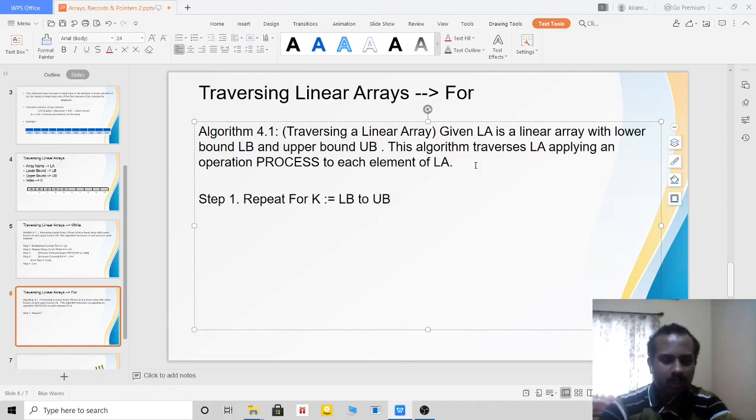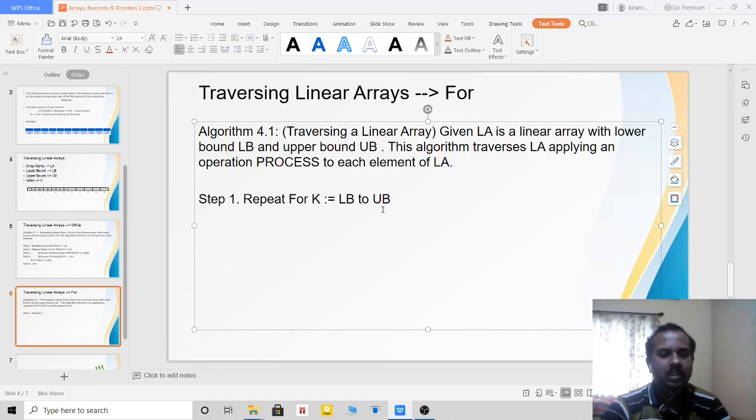So what am I doing here? I am assigning the value here only, that is initializing, and I am mentioning the range also. It should be from LB to UB, that means the range should be till UB.